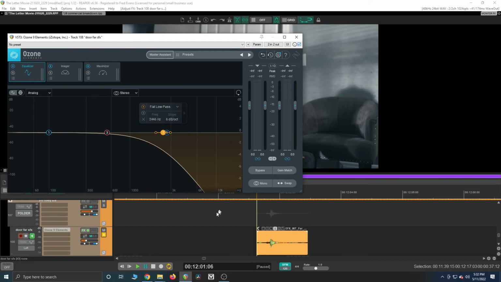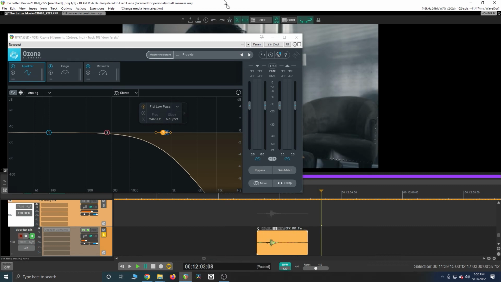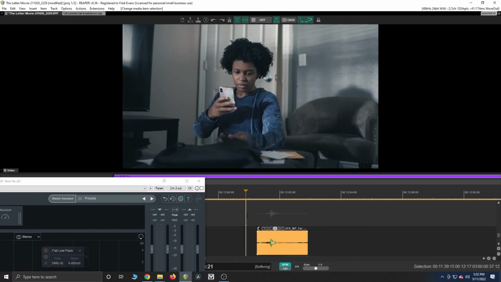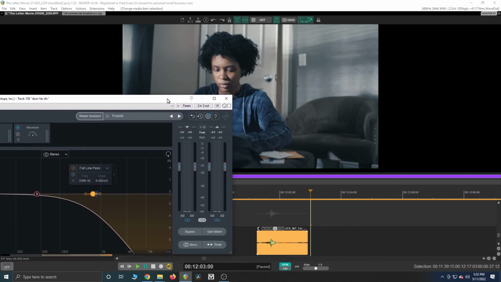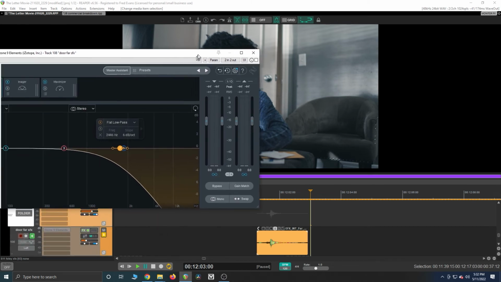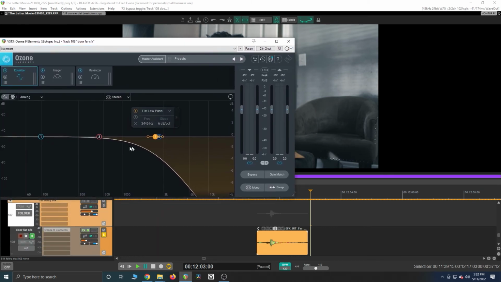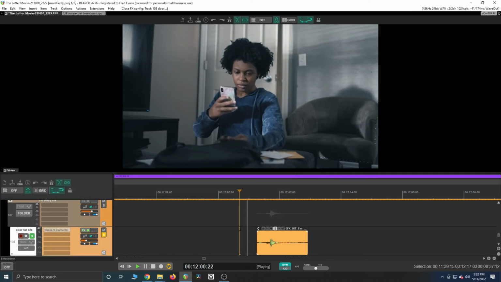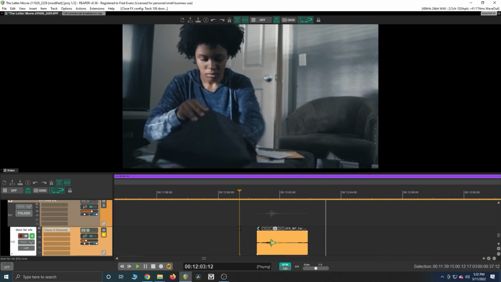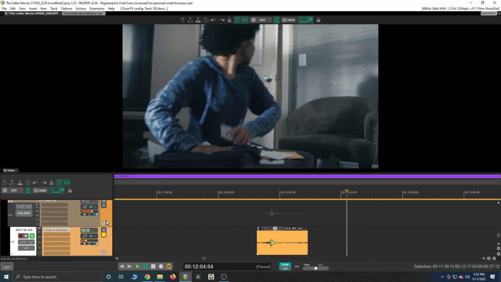So if I turn this off and listen to it, it sounds a little bright. And if we look at it, it sounds like it's really close to her, almost like the person she's trying to avoid is right there. And I didn't want that. So I added that low pass filter to make it darker. And now it sounds even further away. That way she has time to sneak out of the room and go about her sneaky business, so to speak.